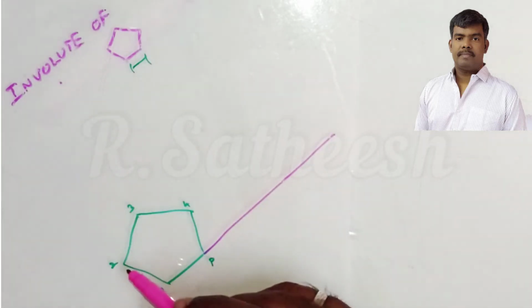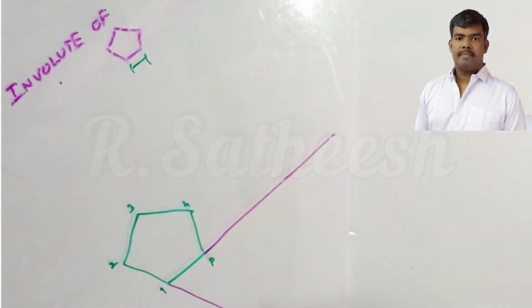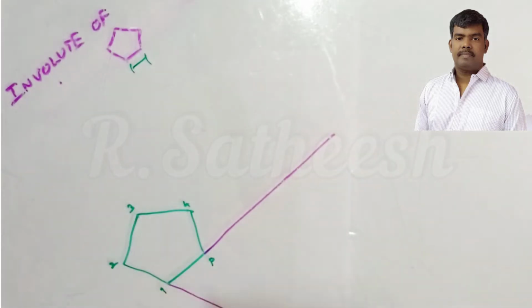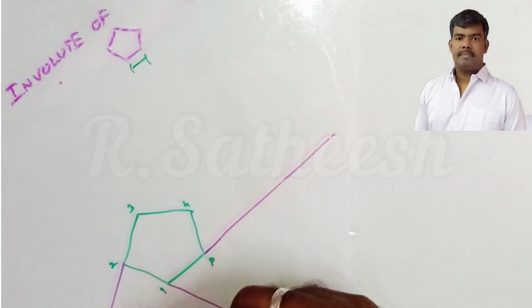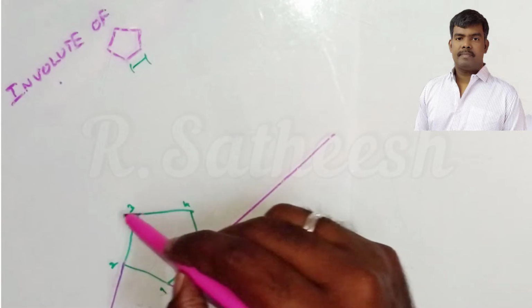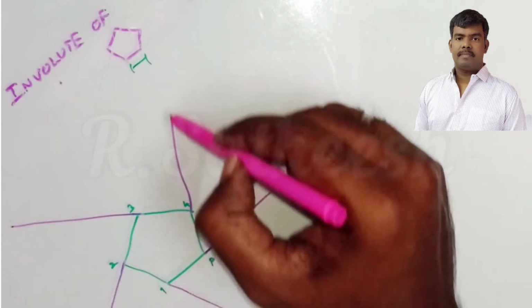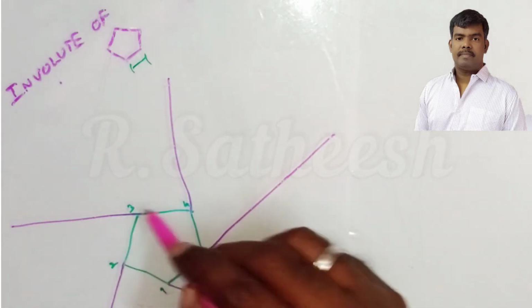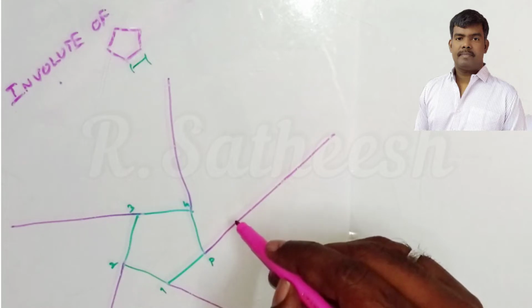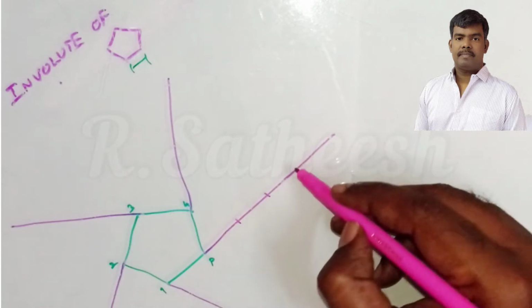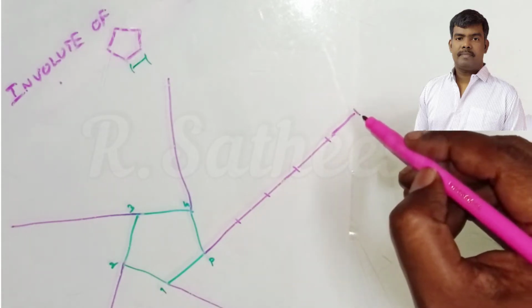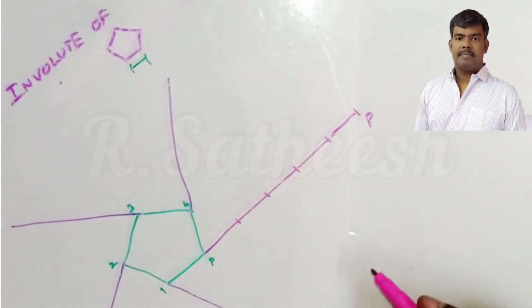Clear. Now extend the 2-1 line. For example, in a circle we draw diameter perpendicular lines, but here they are extension lines. So 1P will be extended, 2-1 extended, then 3-2 extended, 4-3, P-4 like this. Clear. So here all sides are 30, 30, 30. Therefore from point P, this is 30 distance, 60, 90, 120, five parts since it is a pentagon, so 150. So this is the other end P.